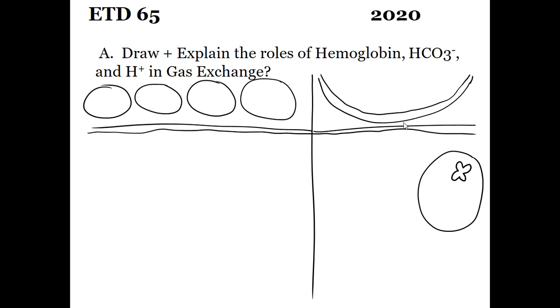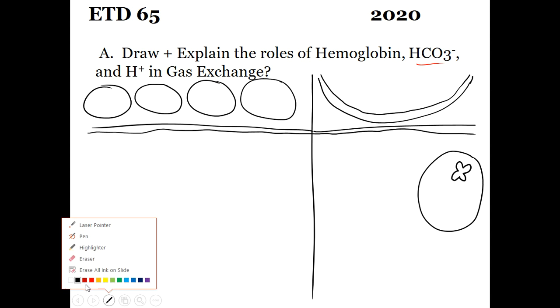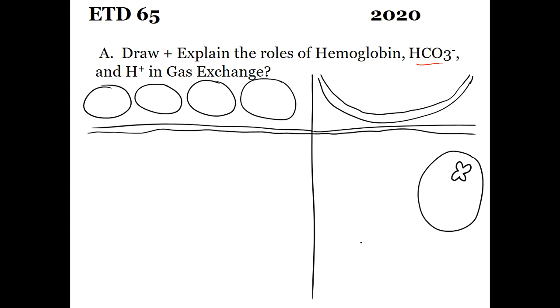draw and explain the roles of hemoglobin, bicarbonate ions, HCO3 1-, and this stuff called protons in gas exchange. To use it as a template, you should draw this picture. Hopefully you can recognize some parts of it, right? Nice and big on a whole page of your ETD because we're going to fill this bad boy in. Right? And then you're going to attempt to draw and explain in steps what the role of each of those things does in this. So pause me, try it out on your own, and now we're going to do it